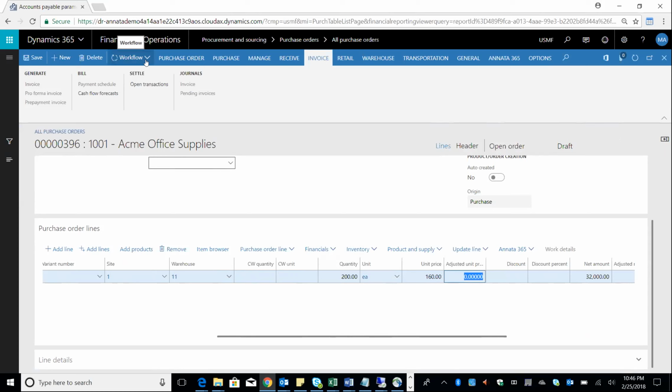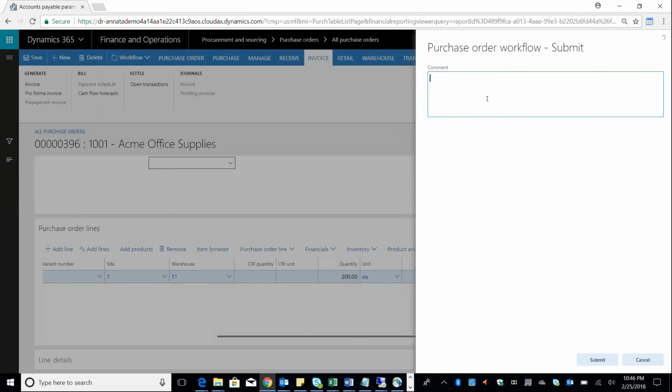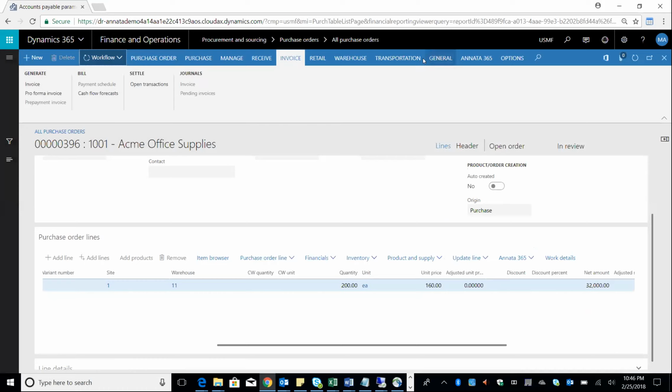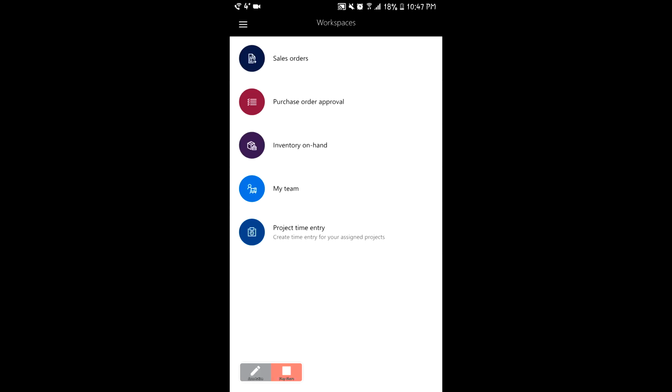I will submit it here in the action pane. And here I can write a comment for the approver of that purchase order. So here in my mobile app, I will see the options that I have available. And as I can see, I have a purchase order approval menu item. If I select it,